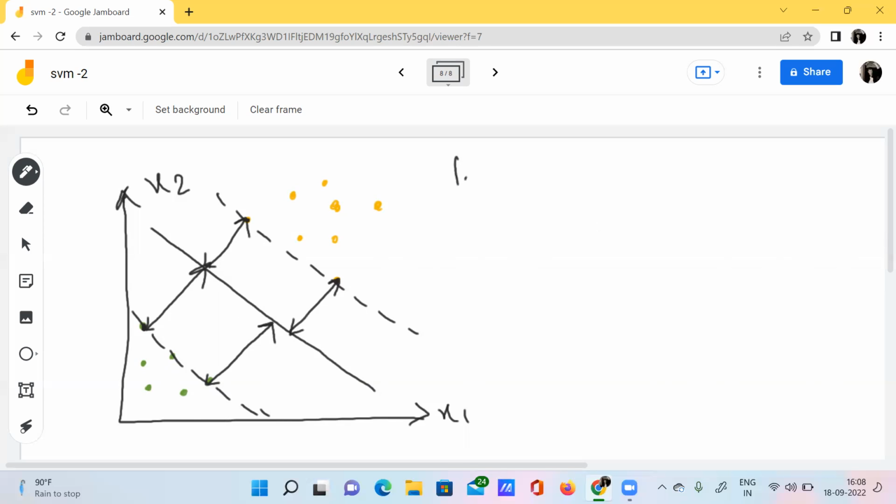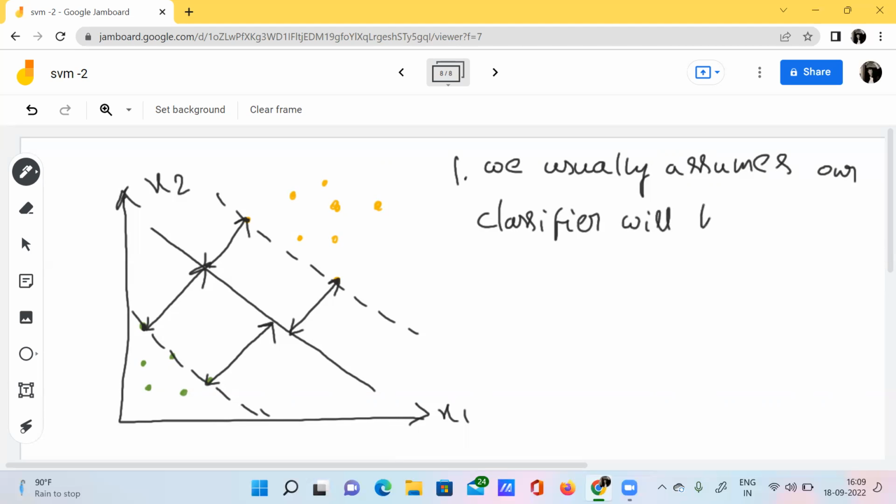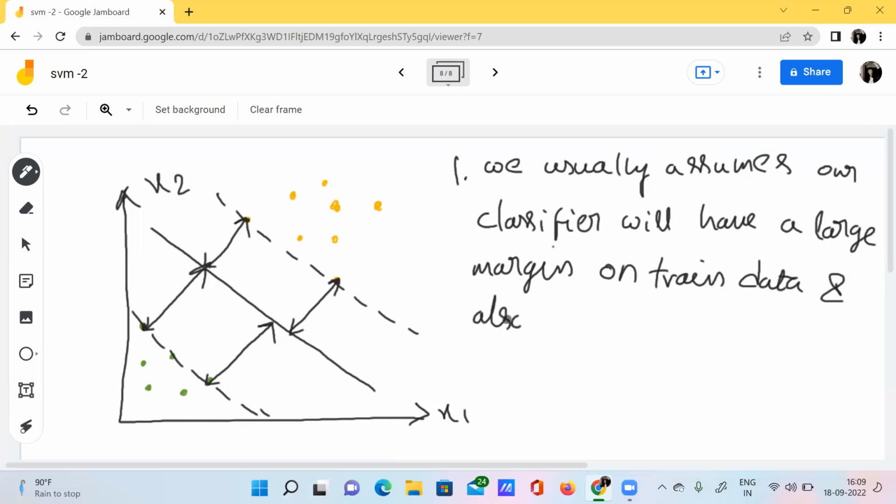Here we have one kind of scenario. We usually assume our classifier will have a large margin on train data and also on the test data.